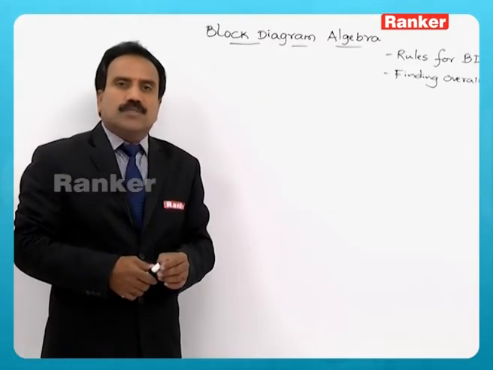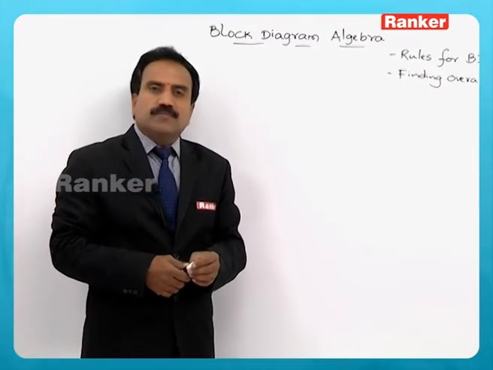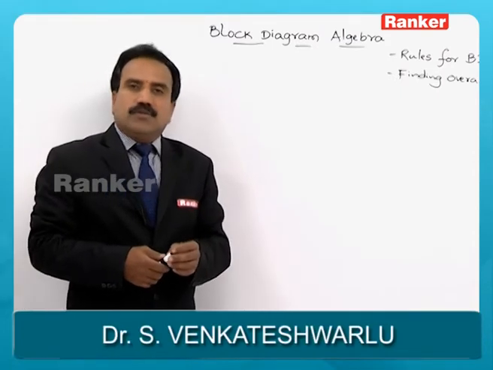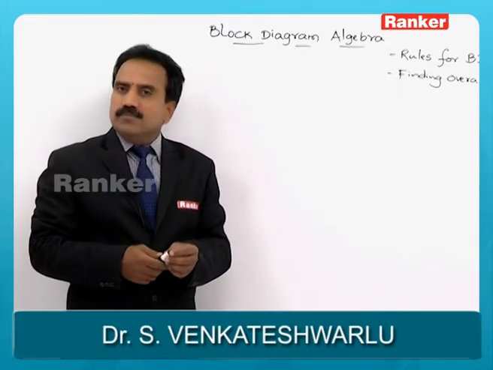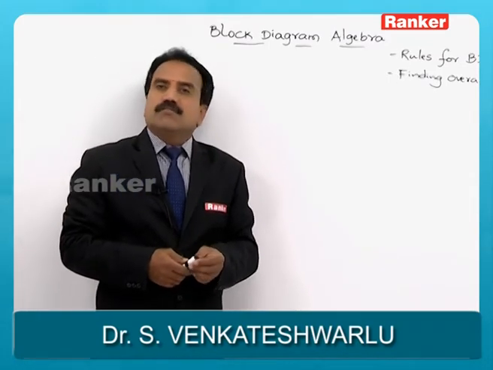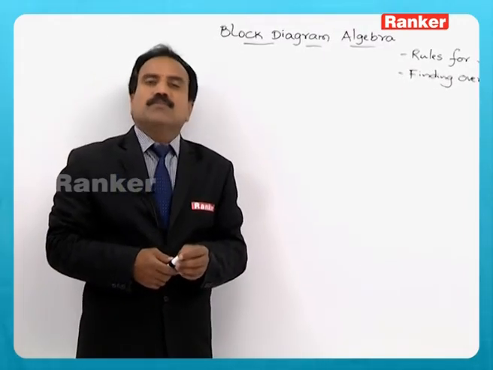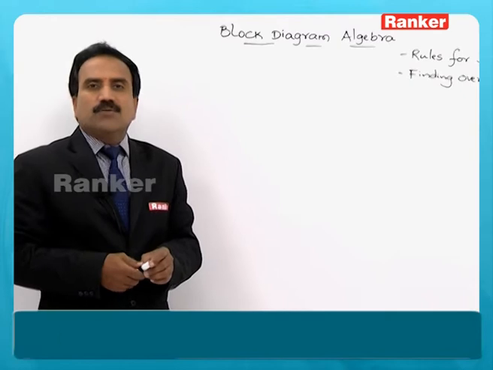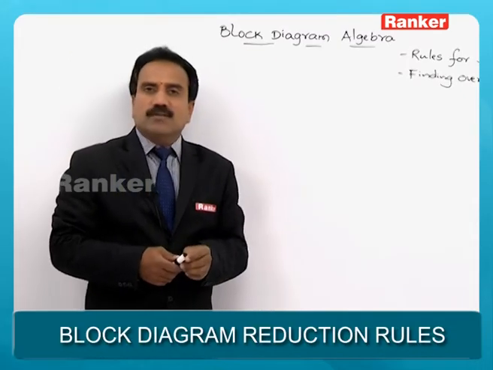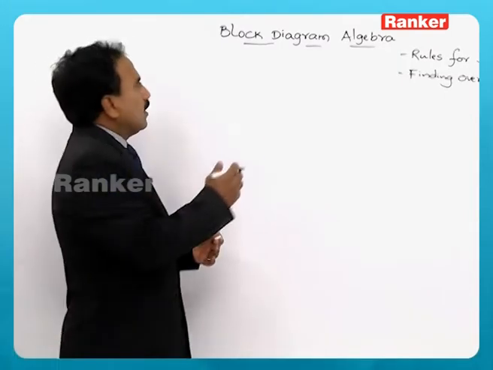A control system can be described in 3 or 4 ways. In the previous classes, we have seen finding a transfer function for an electrical system, for a mechanical system, and when a differential equation was given. Transfer function is an important mathematical model of a control system. So, a system can even be expressed by a block diagram, and the components of the block diagram are